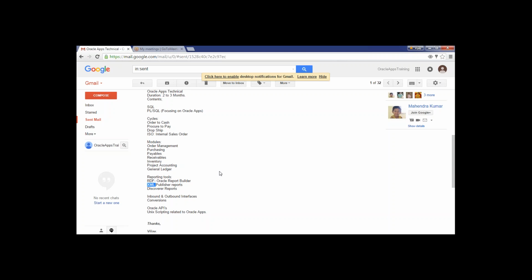So we'll be seeing that as well, and one-time reporting, like ad hoc, single purpose, which is required only for today or tomorrow, or when a manager wants to see some information. He just wants to do some decision making, so based on some data, he has to do it. In such cases, we will be using Discoverer reports. Discoverer reports, again, it's a tool,